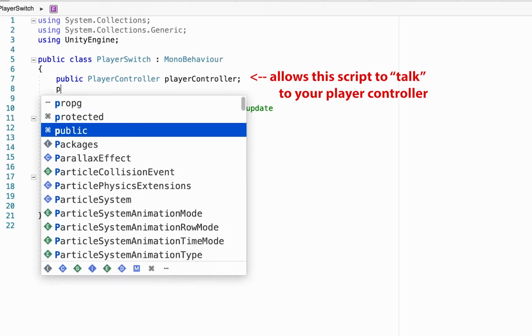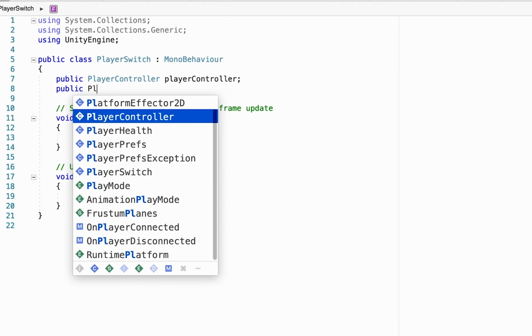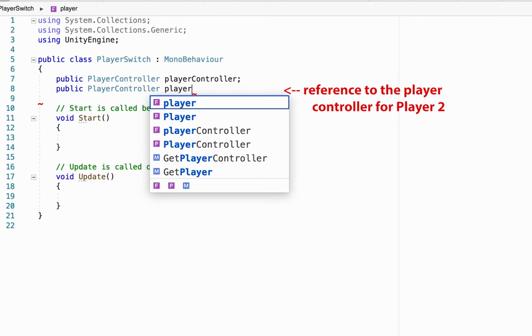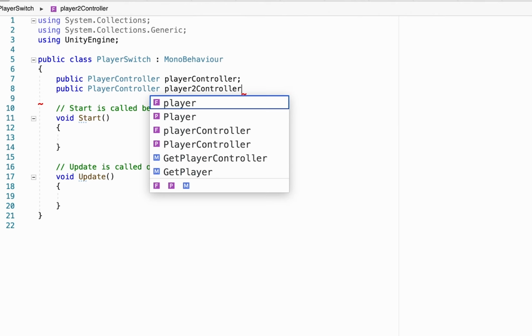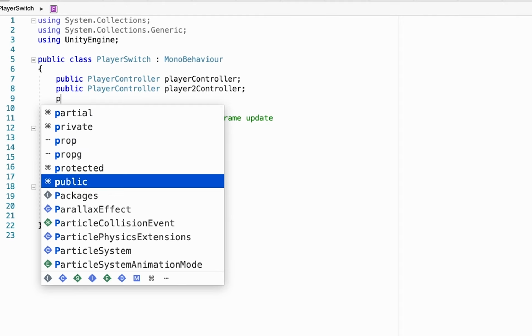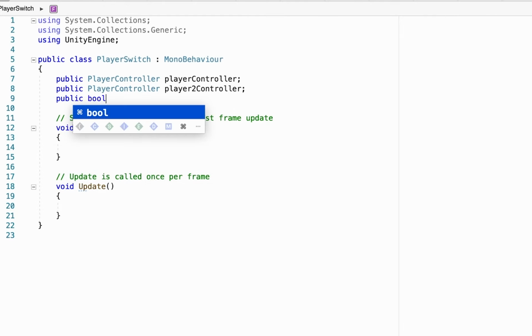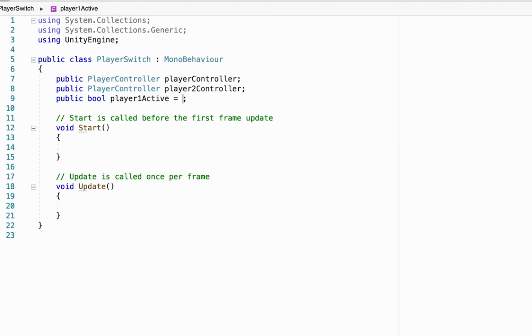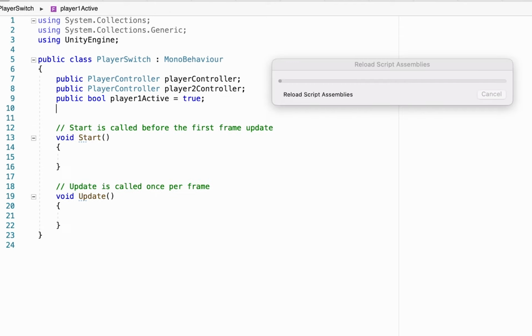And then I'm also going to make a reference to my second player controller, which in this case I will call player 2 controller. And the only other variable we're going to need at this point is simply a public Boolean, so a true or false value that will keep track of whether or not player 1 is active. Also, at the start of the game, we're going to want to make sure that that value is set to